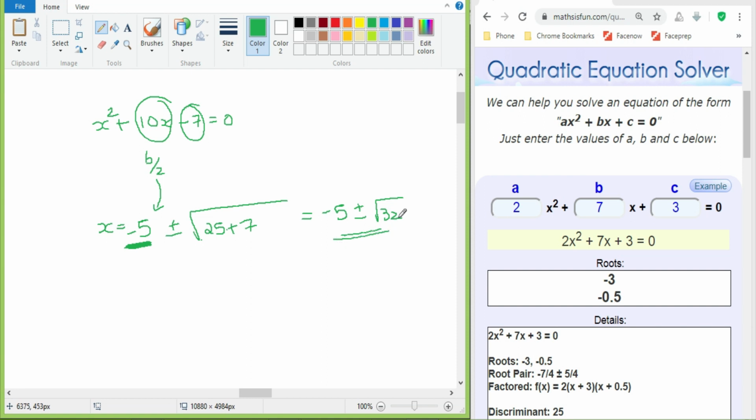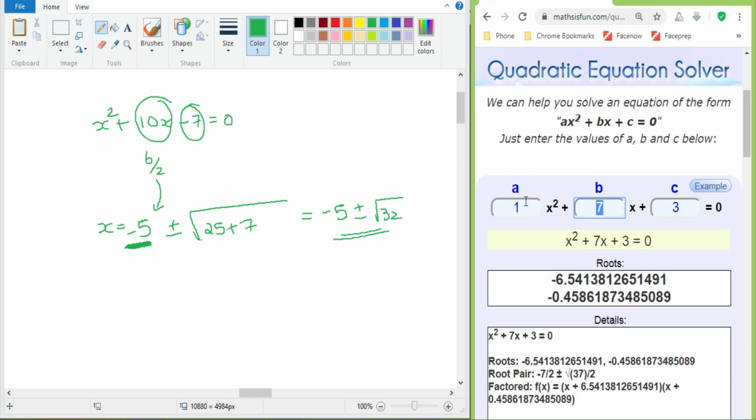Is it clear, Rohit Bhargav? So we'll just check it out over here. So this is 1, this is 10, and this is minus 7. Yes guys, 4 root 2. Look here, here we have got it. The root pair is nothing but minus 5 plus or minus 4 root 2. If you split this 4 root 2, that is nothing but 16 times 2, that is root of 32, right? That's the correct answer, we have got it. Whether you write it as root 32 or 4 root 2, that is the last simplification. That's just a simplification thing.